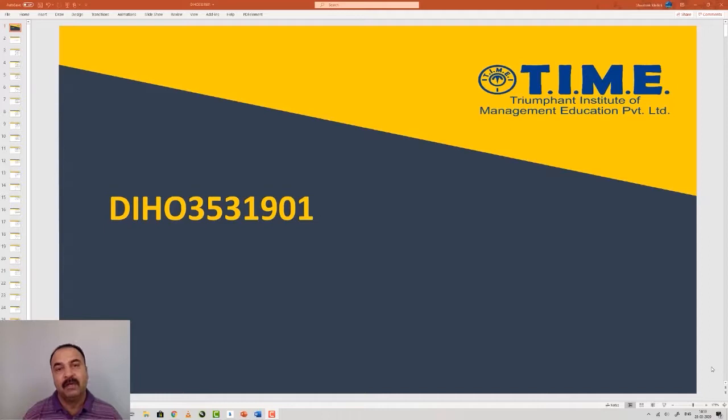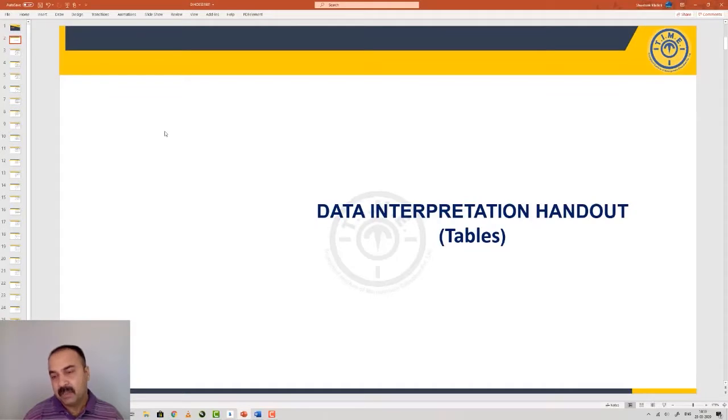Today we have a topic of data interpretation. There are a wide variety of data representations through graphs and pie charts and tables. Today's focus is tables. Tables are the simplest way of arranging a particular type of data. So you have clear-cut columns and rows, and looking at the typical column versus row, you can get a particular data for which year, for which particular person or country or parameter, and the number given out there will then have to be dealt with.